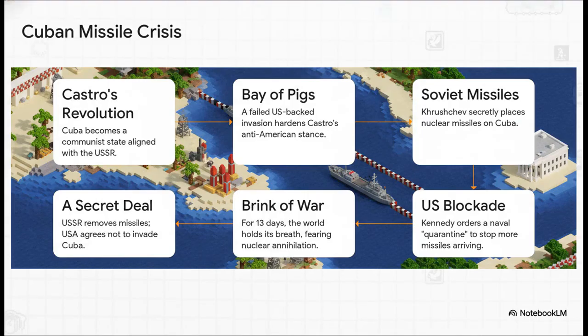Okay, Cuba, 1962. If there's one crisis you need to know inside and out, it is this one. For 13 days, the entire world held its breath. The Soviets put nuclear missiles in Cuba, right on America's doorstep. President Kennedy blockaded the island, and the two leaders entered this insane game of nuclear chicken. It was the closest we have ever come to all-out nuclear war, and only a secret back-channel deal pulled us